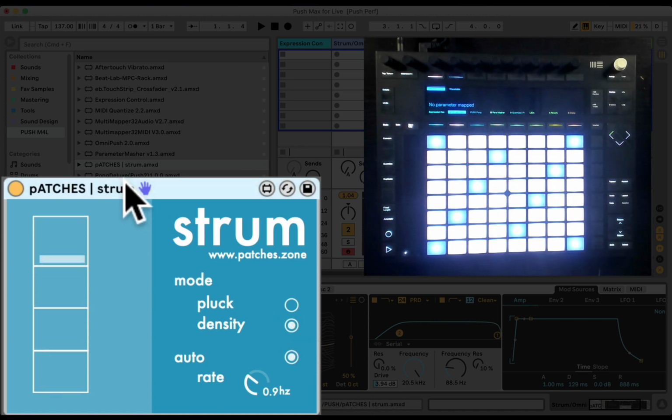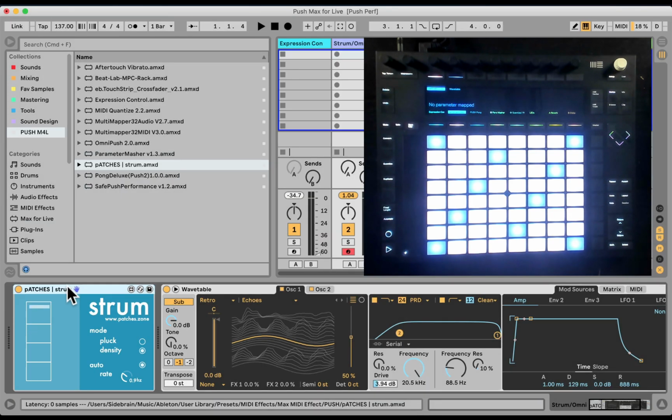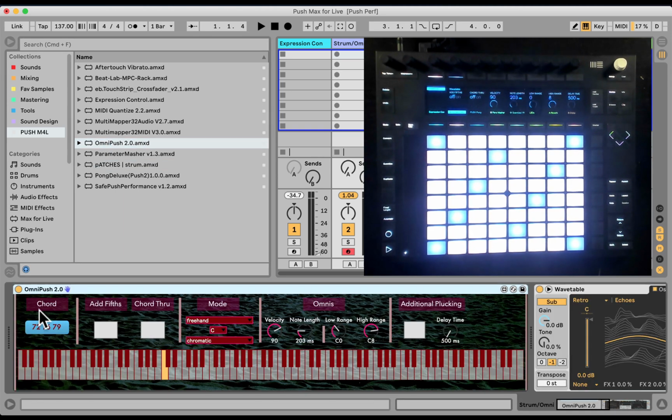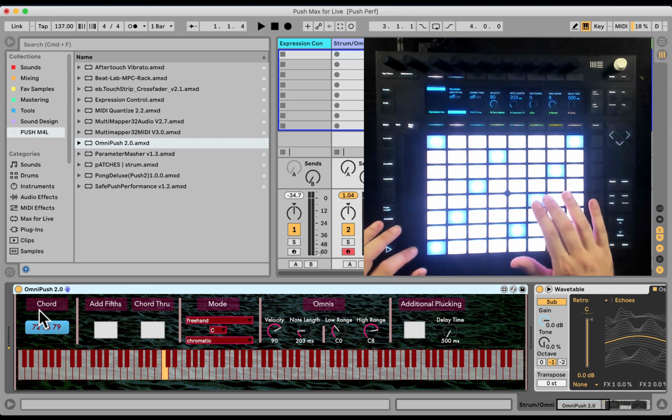So that's Patches Strum, really great for free. Check the download link in the blog post, because this is not from max4live.com. It's directly from the Patches website. Nice. Another one that is very similar is Omni Push, which again takes over the mod wheel. So you just need to change your touch strip to be a mod wheel. And now I can just hold the note